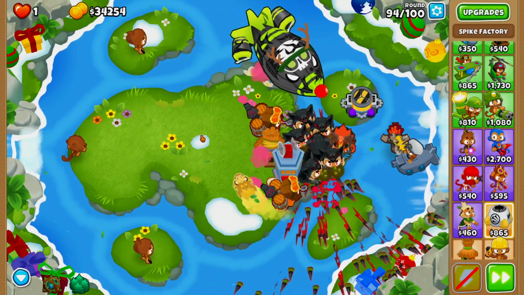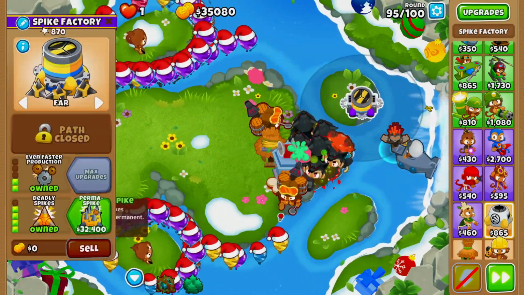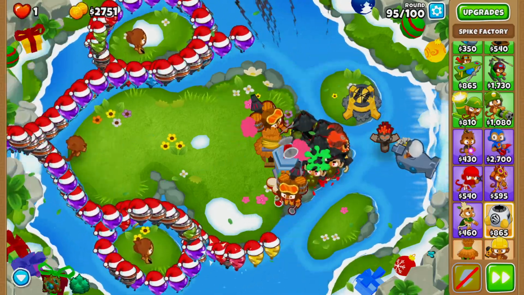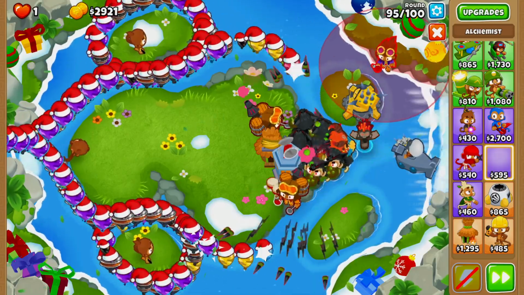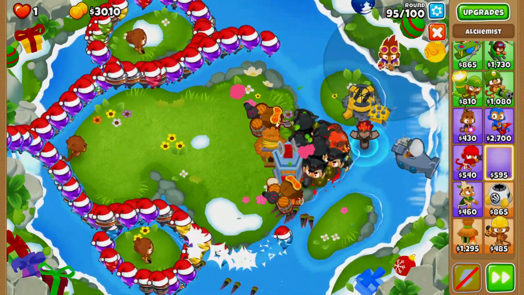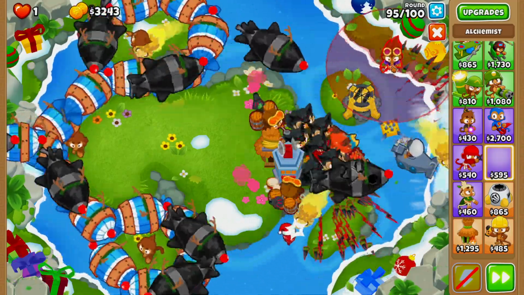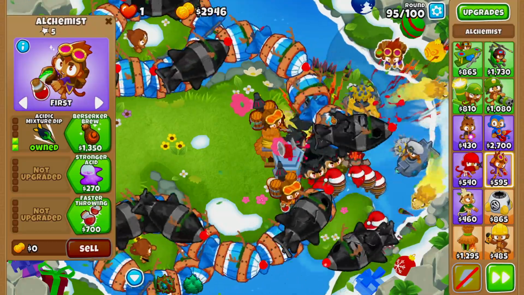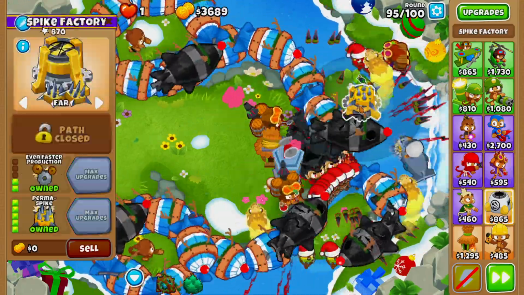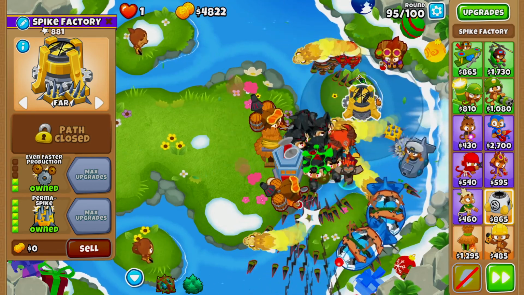Alright guys, it is towards the end of round 94, and as you guys can see, we have enough money to officially afford to buy the permaspike. Now the next thing that we want to do is grab an Alchemist to buff our permaspike to give it the ability to hit lead balloons. So if we can get the positioning of our Alchemist correct, we should be able to throw an acidic mixture dip on top of our permaspike here, and now our permaspike is being buffed with the ability to pop the